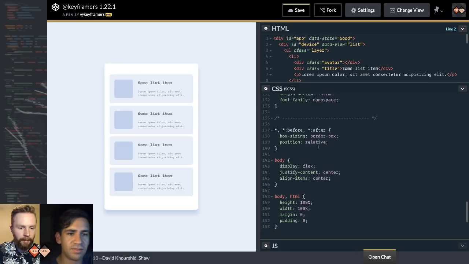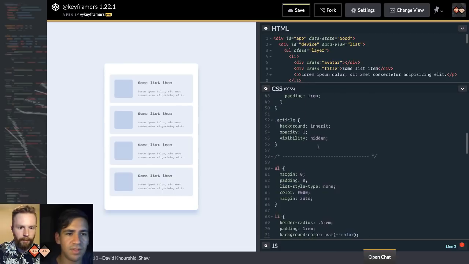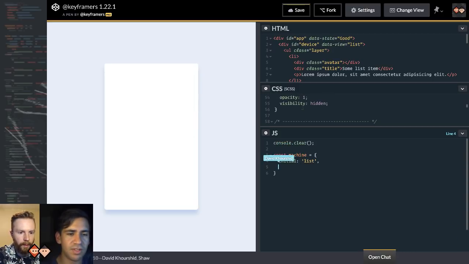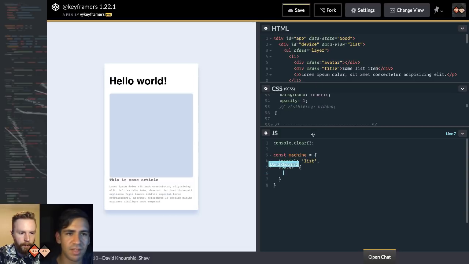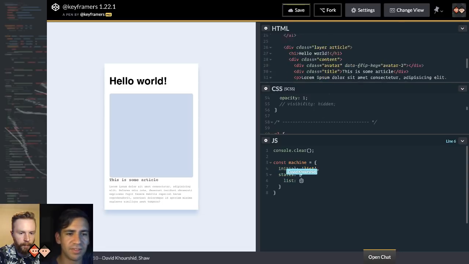And so const views equals, sorry, the initial is list, and yeah. So I'm just making a nice, quick, simple state machine for